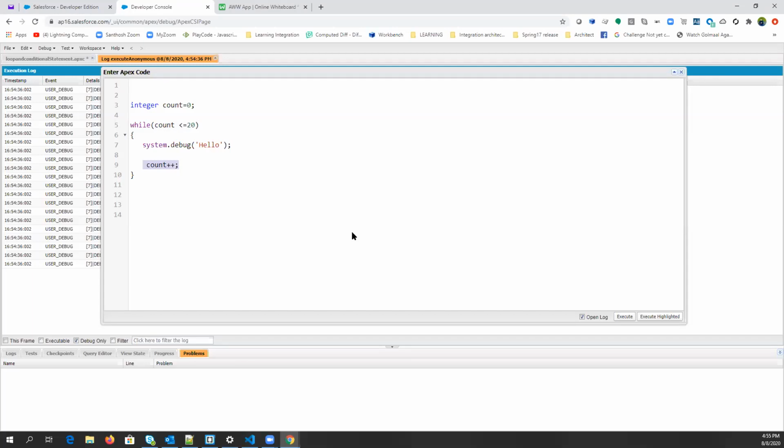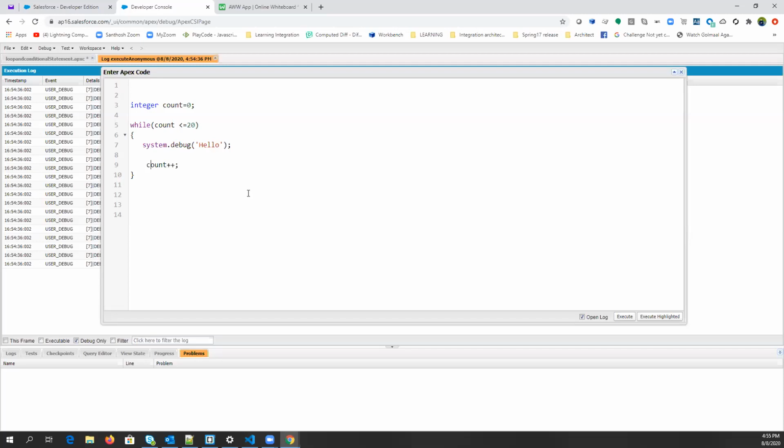Okay guys, so you just need to remember three things: the starting point, the ending point, and increasing or decreasing of the loop variable, right? These are the three things you need to remember. There is no difference in any other loop. You are just differentiating how you are declaring all these three values, the starting point, ending point, and the increasing or decreasing variable, right? Loop variable.